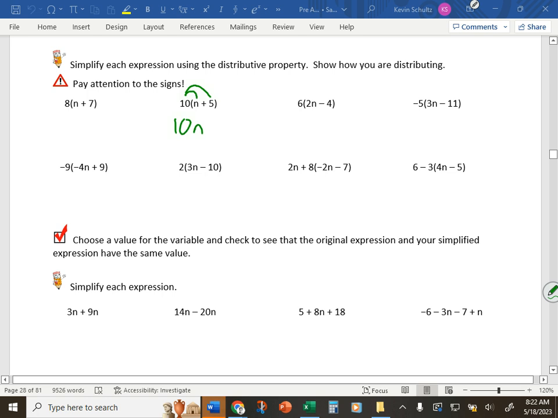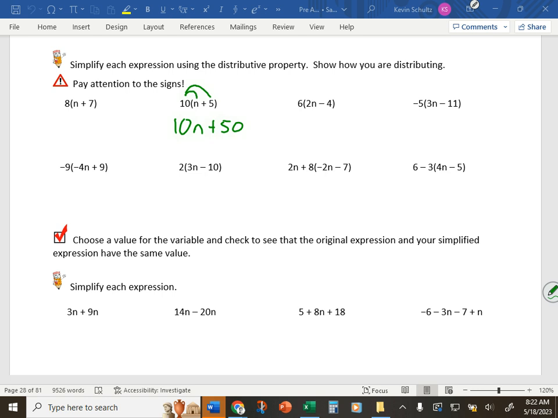Okay? And then 10 times 5, positive 50. It's kind of like the rules for fractions. Are the rules for multiplying fractions different than adding them? Yeah, right? With adding fractions, you need those things called common denominators. You do not need them when you multiply. The rules are just a little bit different, okay? But we can't combine 10 and 50 because now we are adding, and 10 and 50 are not like terms,